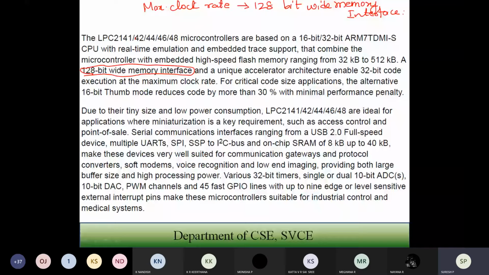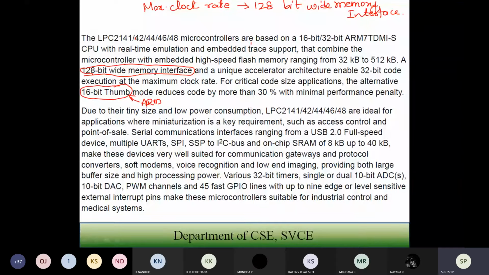I have to make use of the thumb instruction. I am going to transfer from the ARM instruction set to the thumb instruction set. The ARM instruction set supports 32-bit ARM instructions, so in that mode it cannot reduce the code further.